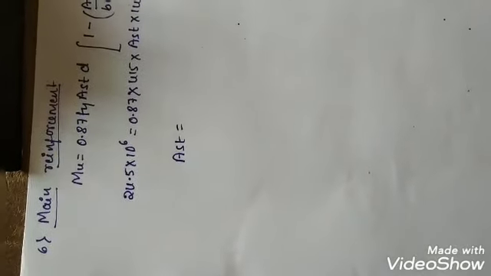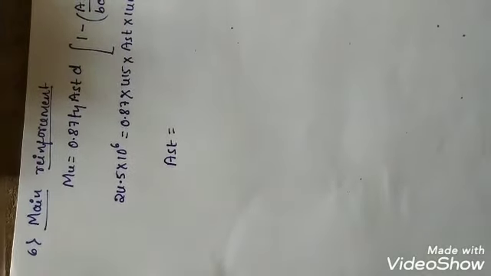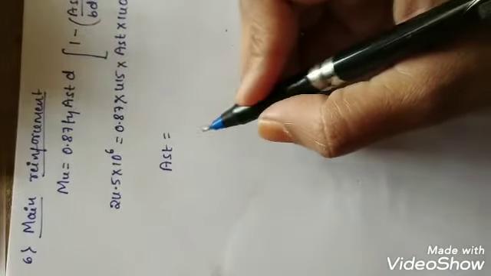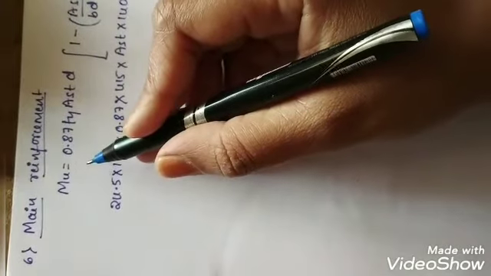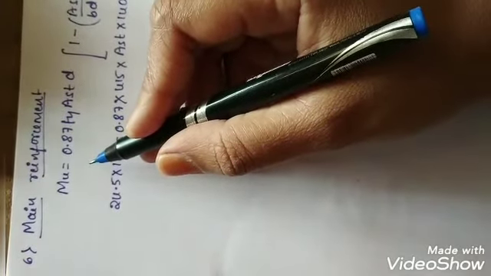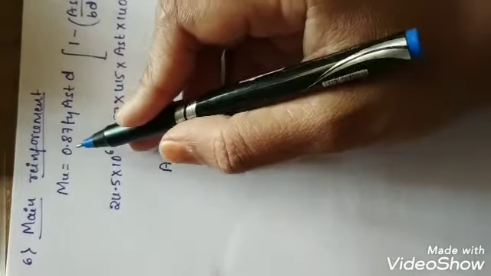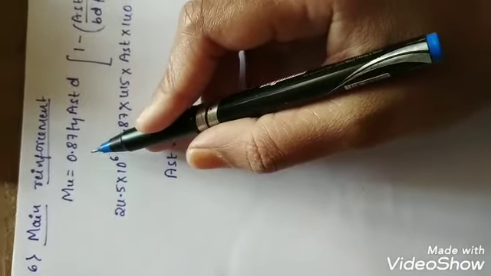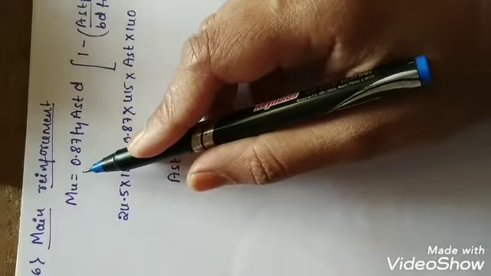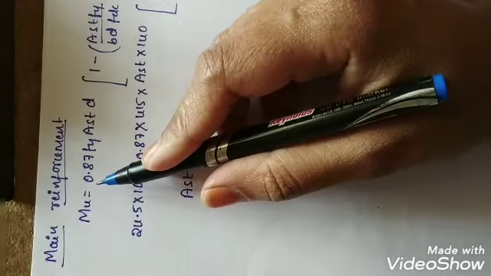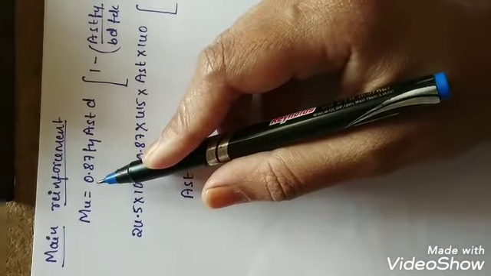So next, in the sixth step, we need to calculate the main reinforcement. We are having two types of reinforcement. One is main, and another one is distribution reinforcement. In the main reinforcement, we should calculate the steel as well as the number of bars with required diameter. For calculating the area of the steel, we are using as usual the equation of the moment. This moment equation is available on page number 96 of IS 456. So you can go through that IS 456.